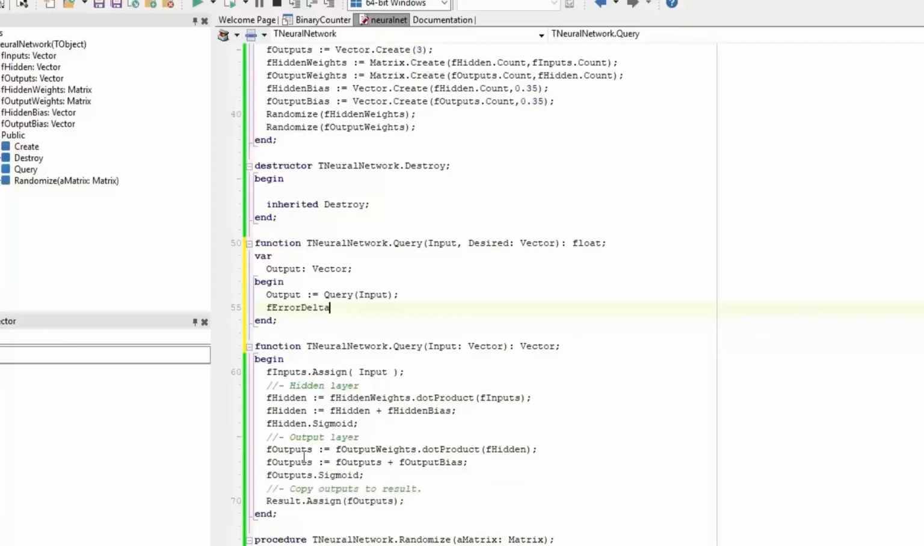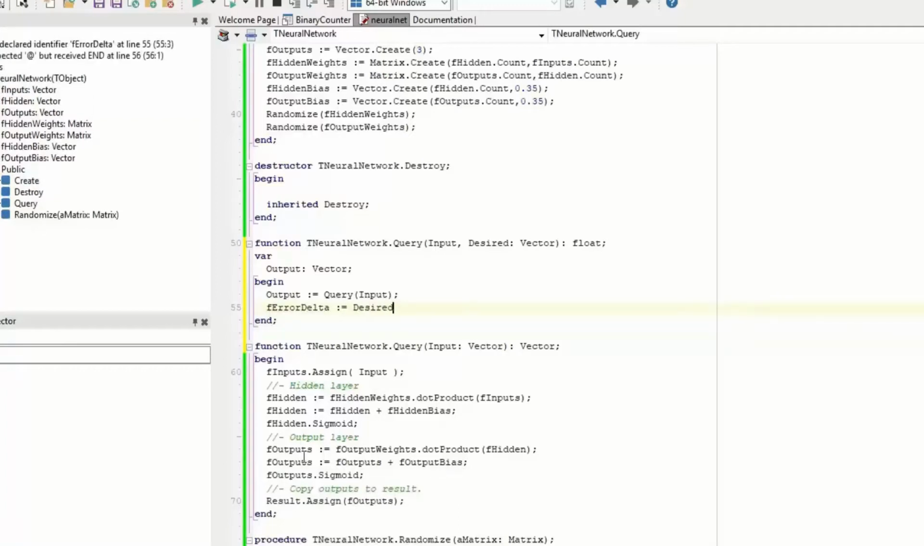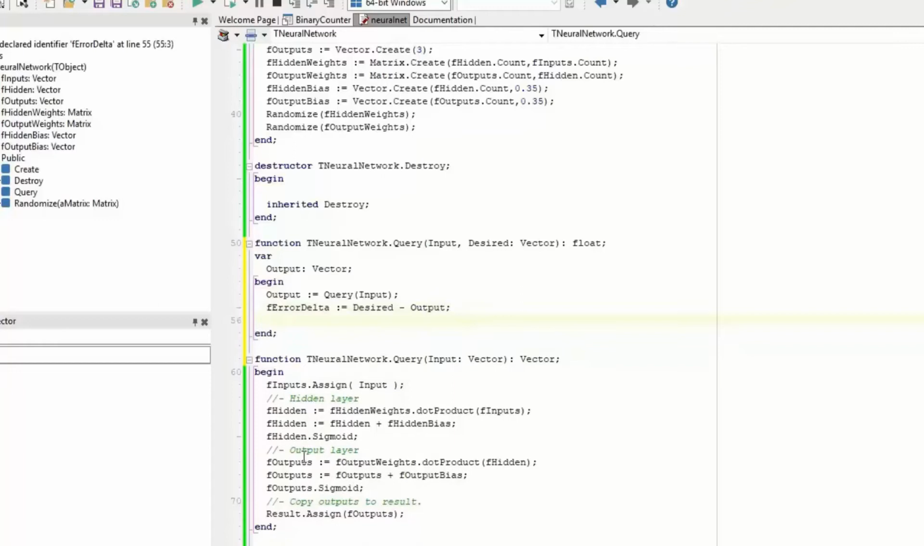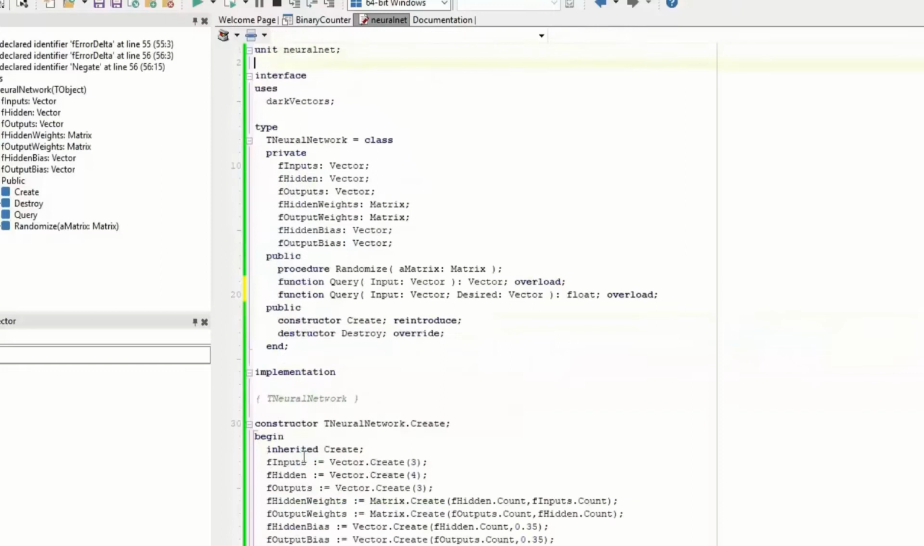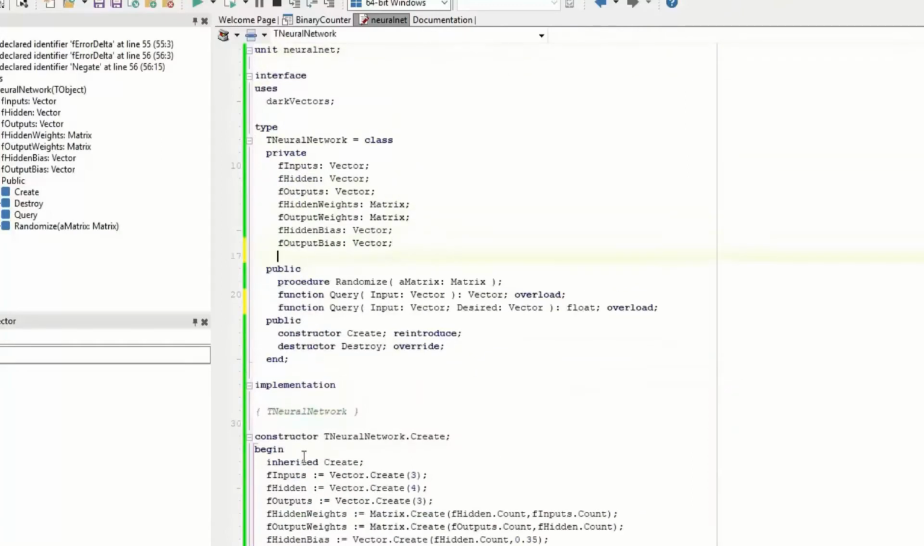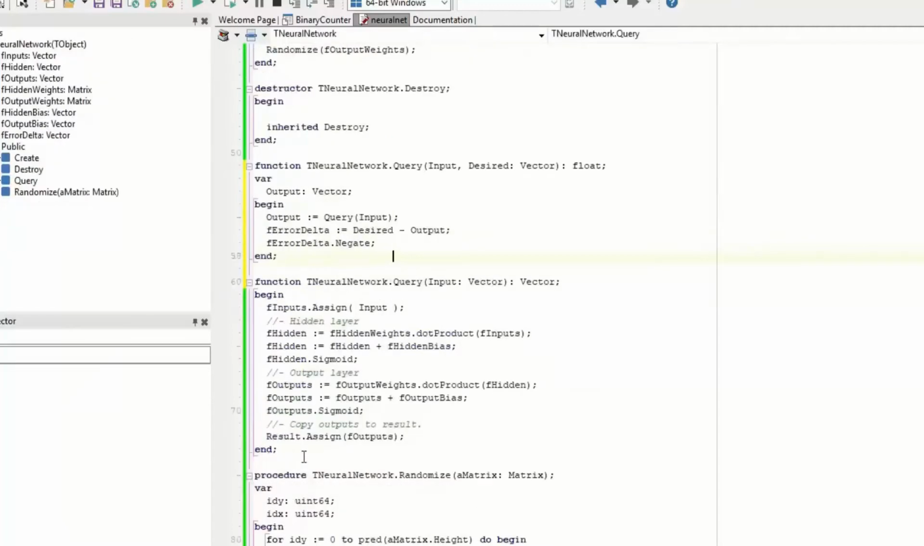Okay, so effectively what this method will do first is to actually query the network the same as the previous version of query did. So that's going to return our output vector. Now, in order to calculate the measure of how accurate the network is, we are going to have to compute our delta. So we'll do f error delta, so I'm going to make this a vector as a private member of the class, equal to desired less output. So that's giving us our